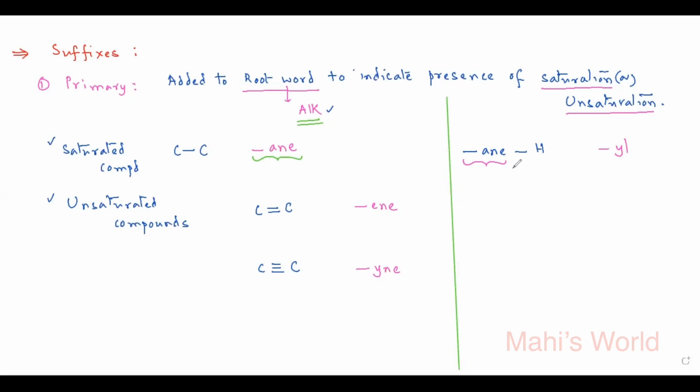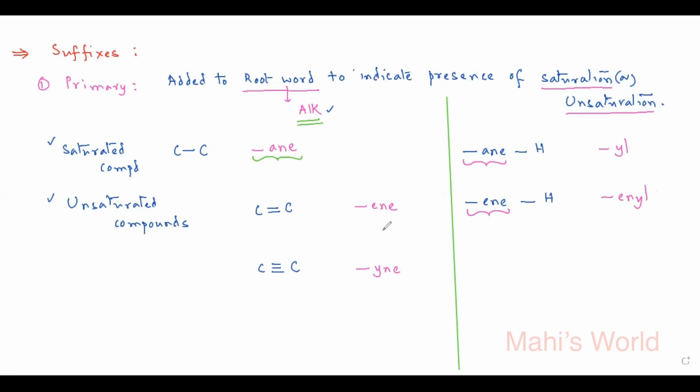I mean, if it is alkane minus a hydrogen, we call it alkyl. Similarly, if it is ene minus a hydrogen, I mean one hydrogen less than the alkene, then it is said to be